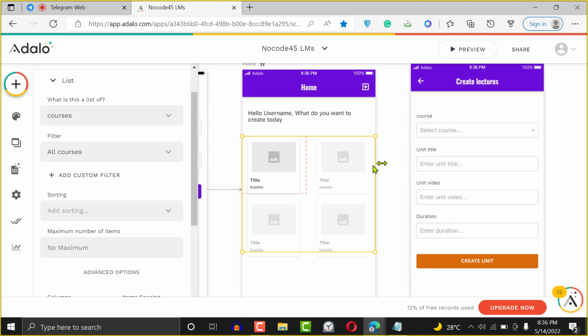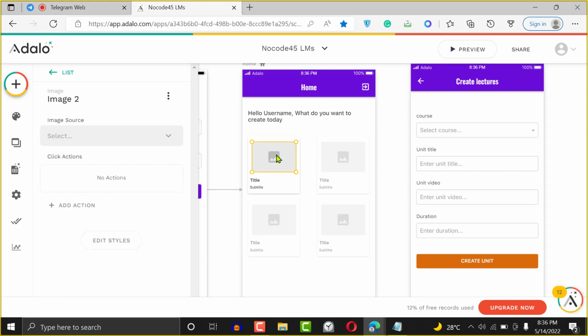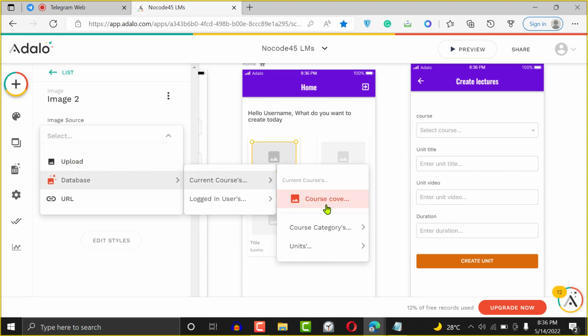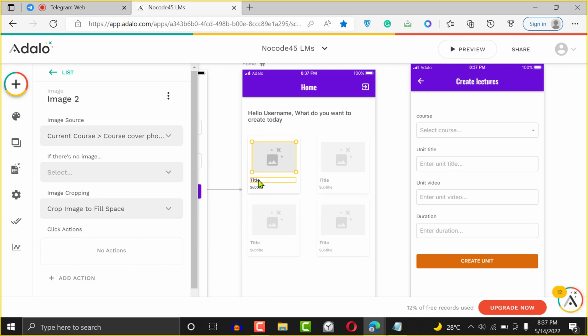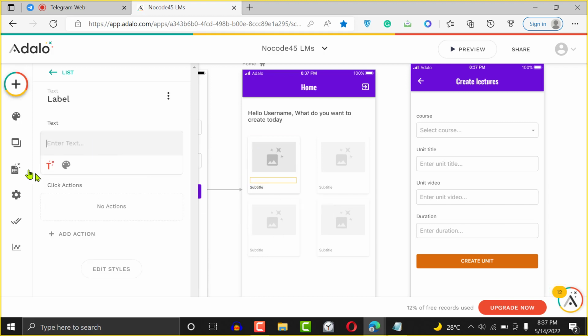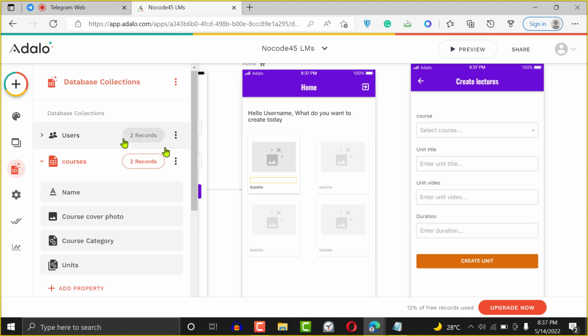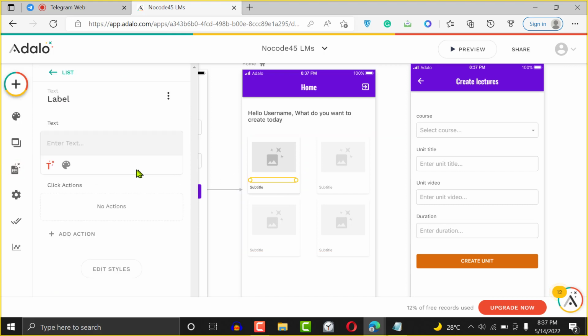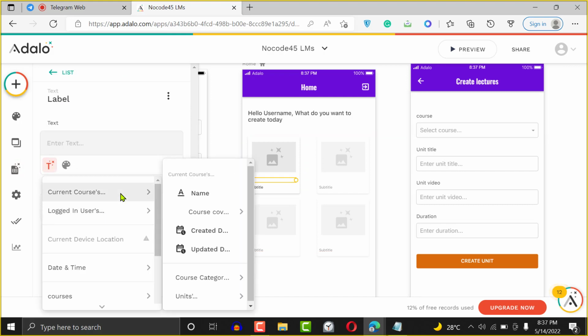So if we preview this, we don't have to preview yet. So let's just click on the individual image inside of it. We would say this is going to be current course cover photo. Then the title is going to be the current course title. That's what it's going to be. Let's just double click. Yeah, the title is going to be the current course